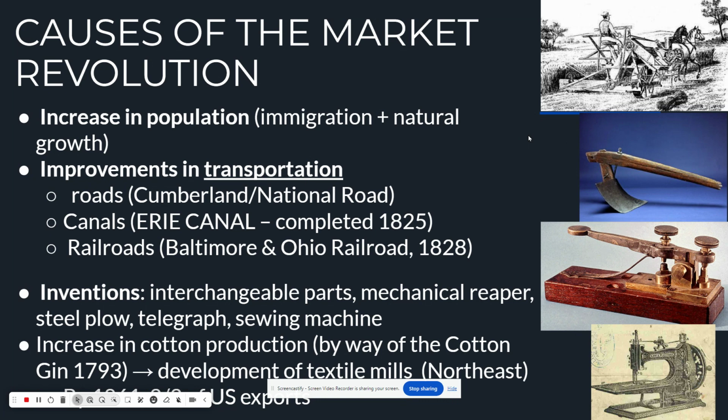Various inventions will help facilitate those improvements in transportation, such as interchangeable parts, the mechanical reaper, the steel plow, the telegraph and the sewing machine, which you can all see pictures of to the right. So there's the mechanical reaper, a way to use some type of animal like a horse or an ox or a donkey to harvest grain. The steel plow made it easier to plow the fields with a stronger metal. Telegraph, that's using Morse code to send information over wires. Think of it as the precursor to the telephone. And then of course the sewing machine to help put clothes together in a much faster way than hand